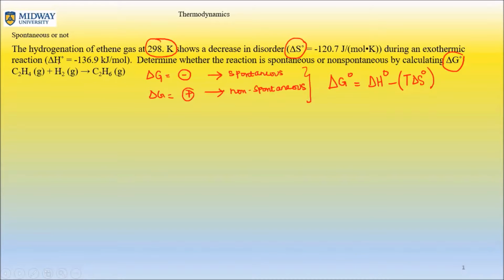Now, this equation is balanced, and I think I will probably give you a balanced equation for this particular problem. This is the easiest of them all. It's mere plug and chug. But there is a vendetta, which is enthalpy is typically expressed in kilojoules per mole. So that's given to you. It's negative 136.9 kilojoules per mole. Minus T must be in Kelvin, which is also no problem, but the problem is the